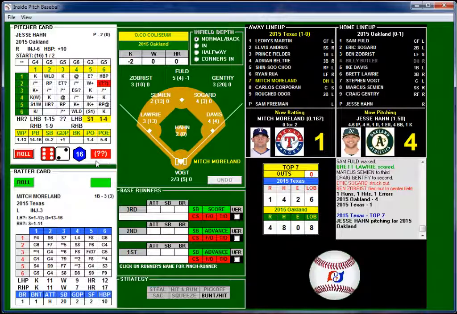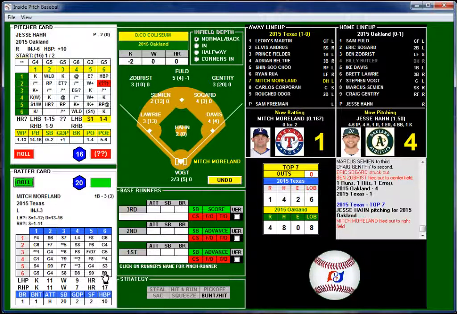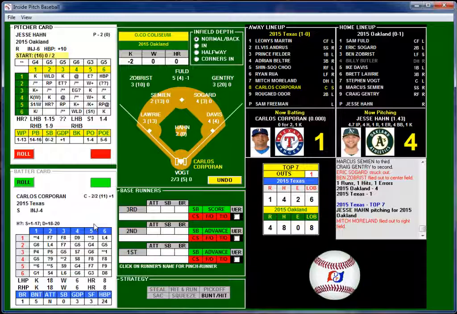62. That is a nothing. And that's a fly. No, fly to right field. All right, so he's officially now tired. They got a switch hitter, and then a lefty, and then a lefty, then a righty, then a lefty.